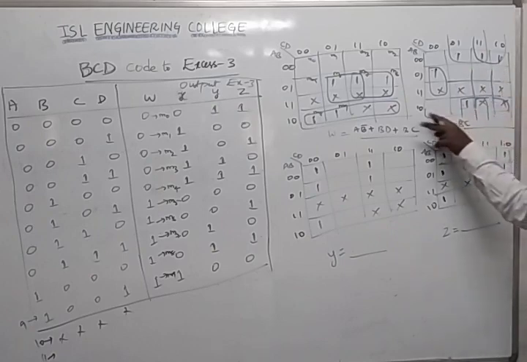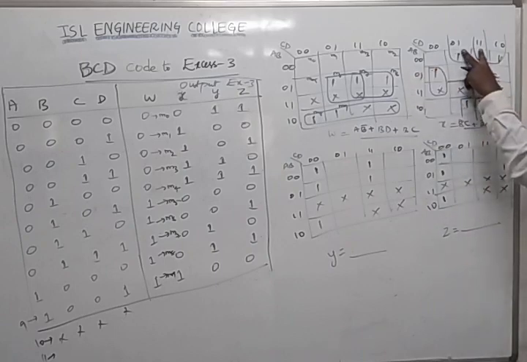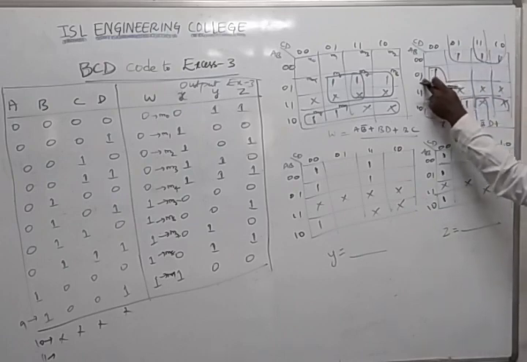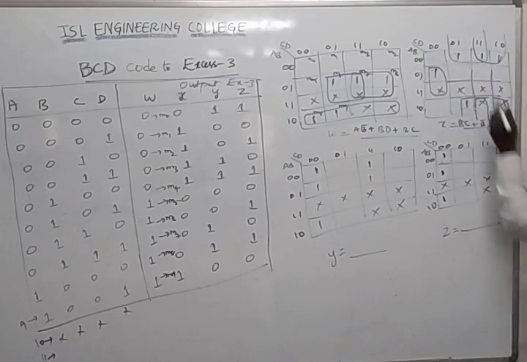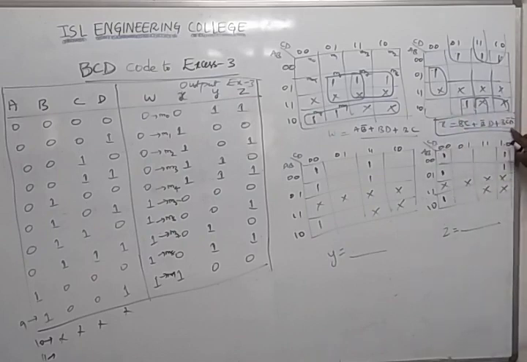So in that, this and this you should see again it is B bar. So plus B bar is there, and this one and this one, what is the column? D. So B bar D. Plus now this is a single binary. Binary means again B is 1, so it is B. And the column is C bar and D bar. So we got this answer: X is B bar C plus B bar D plus B C bar D bar. This output, this one output, and this one output. So how many quads do we have? There are 2 quads and a single binary.